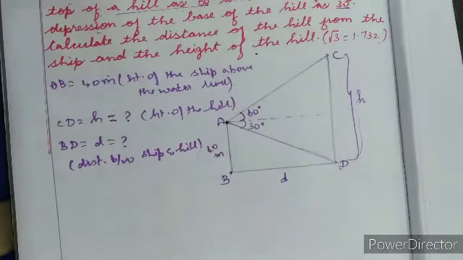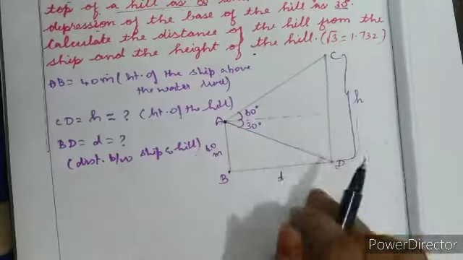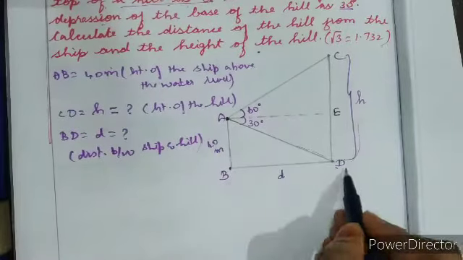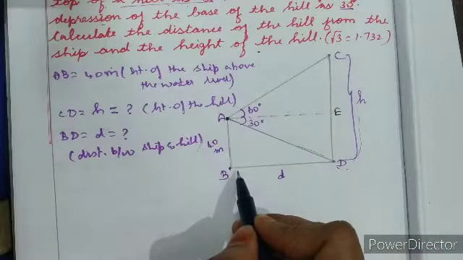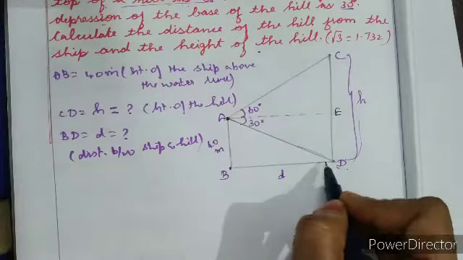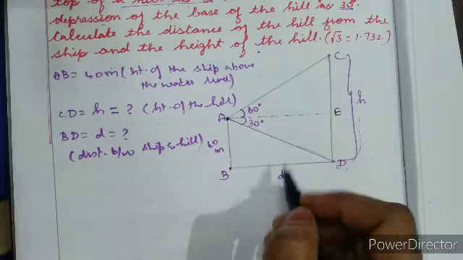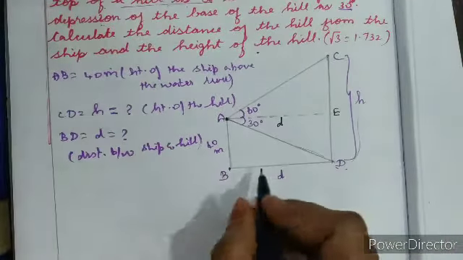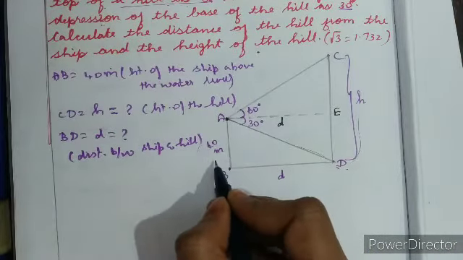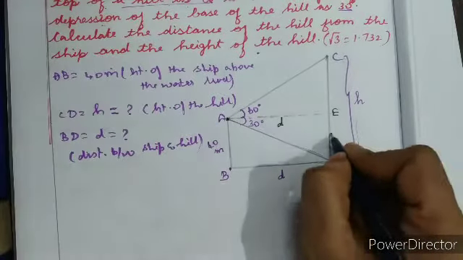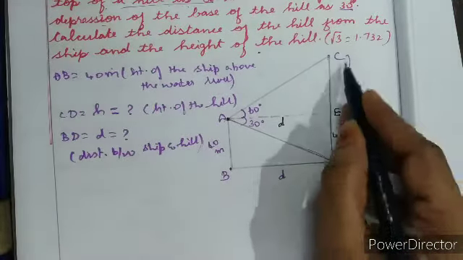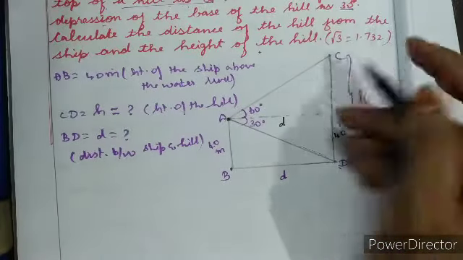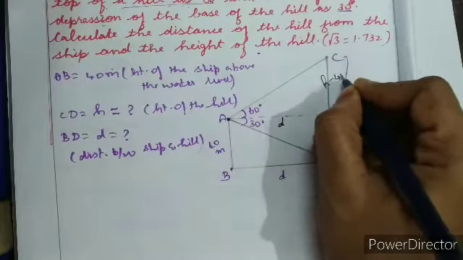Okay. Now if you see this diagram, let this point be E. A, E, D, B is in the shape of a rectangle. We know the rectangle property, its opposite sides are equal. So BD is D, then AE is also D. Similarly AB is 40 meters, so DE is also 40 meters. I have assumed the total height as H. So this particular part is 40, and the remaining part is H minus 40.